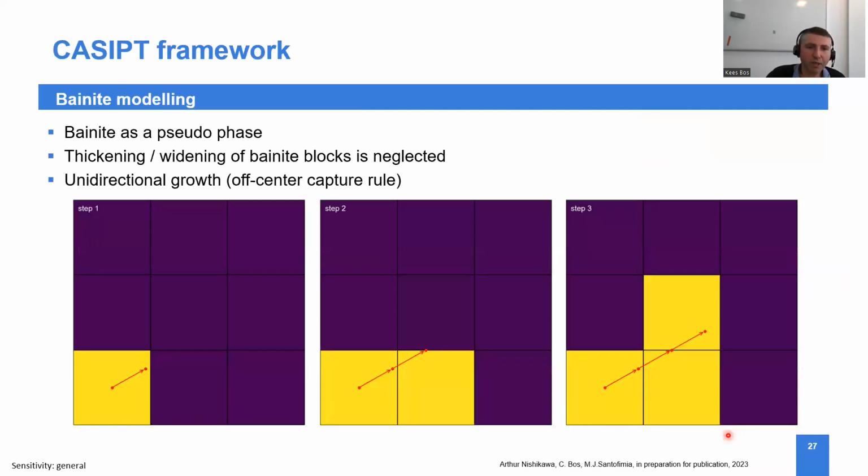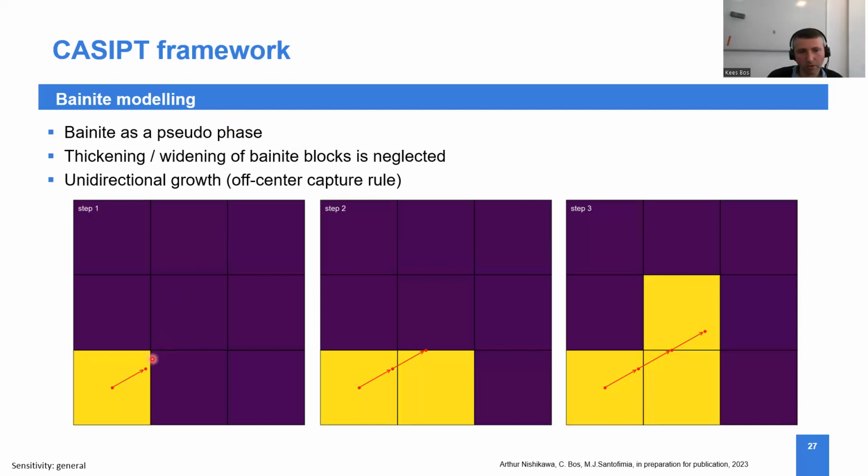But to get to the bainite model, this is work from Arthur Nishikawa, who I think did a great job in developing a bainite model which is still practical, also in terms of calculation efficiency. So what he does is describe bainite as a pseudo phase, where initially we ignore the thickening and widening of the bainite blocks. And of course, we can no longer apply the isotropic growth rule because it is directional, and we need the orientations to know in which direction it is